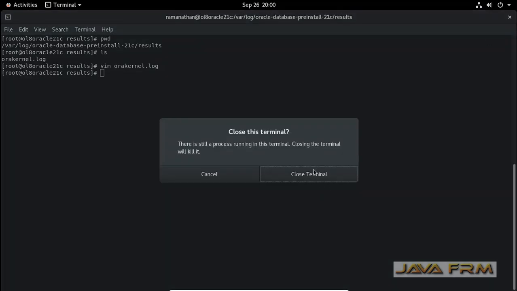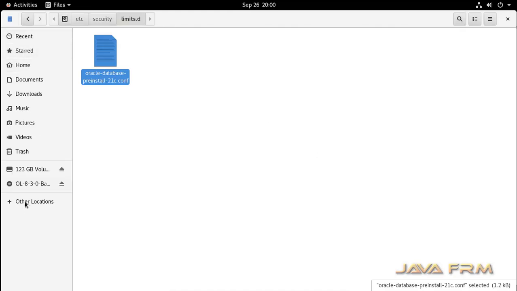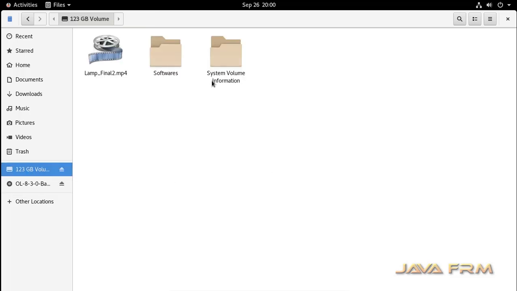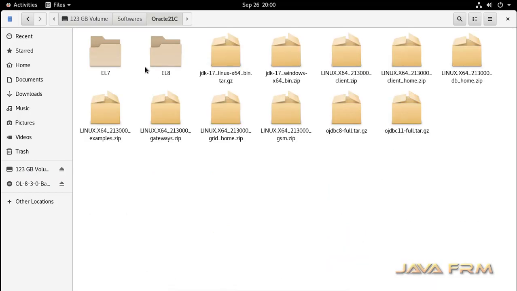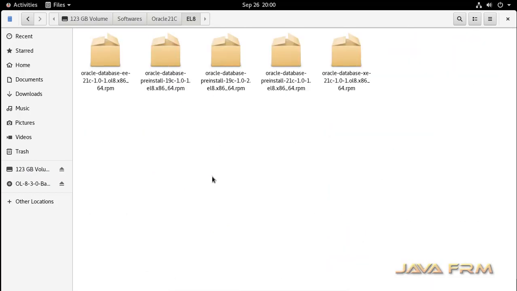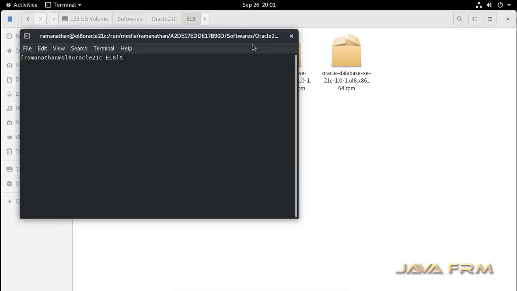It will give you all the details about the pre-installer. Next I am going to the software directory. Now let us try to install the Oracle Database 21c Express Edition RPM.